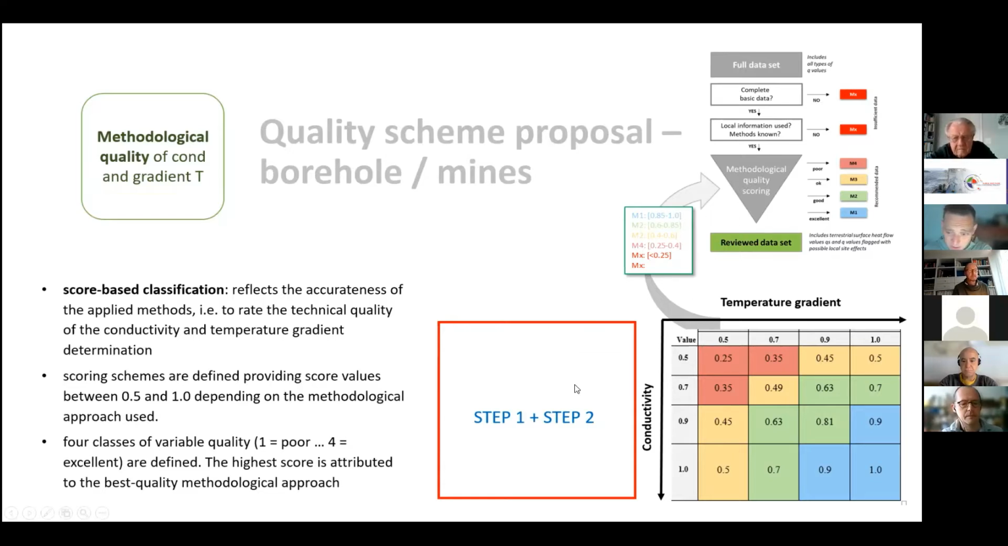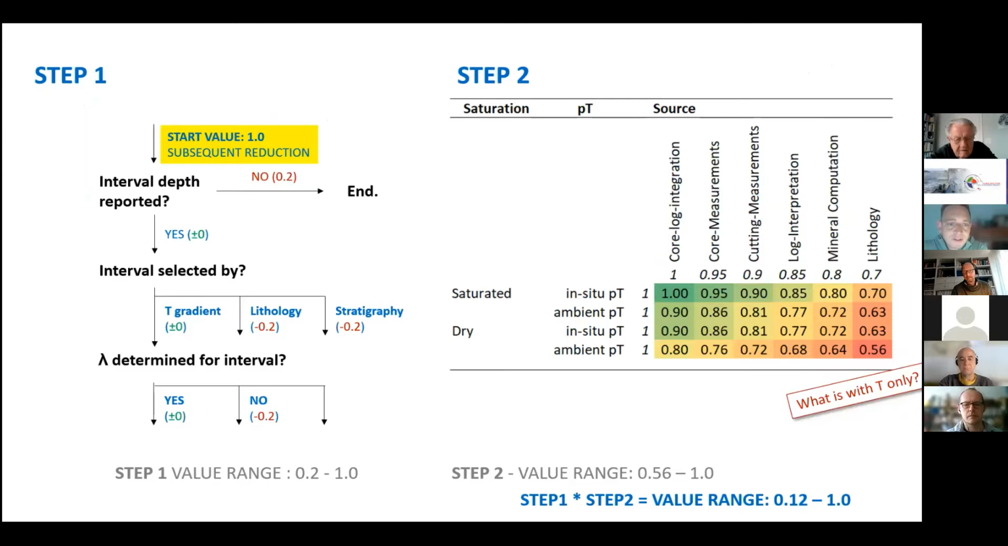And during the last workshop, we discussed the conductivity dimension here and suggested and discussed 2 steps. The first step was that one starts with some start values of 1 and goes through some questions: whether the interval depth is reported, how it is selected, and whether within that interval lambda was determined. And then one achieves a reduction of those starting values, or in this case, no reduction at all. And goes from step 1 to step 2,